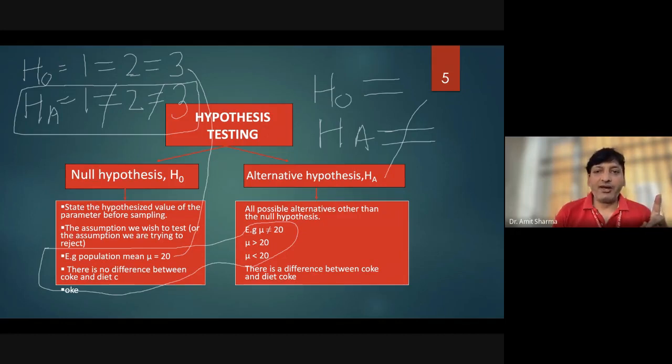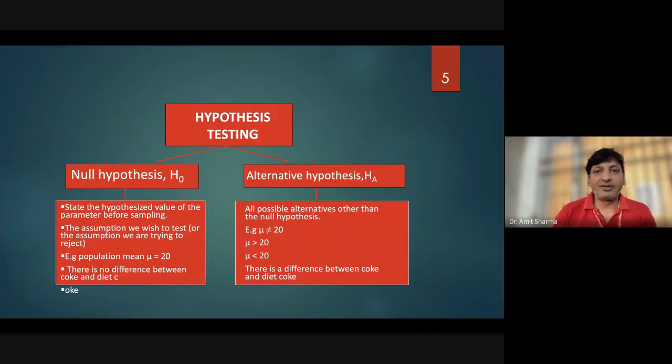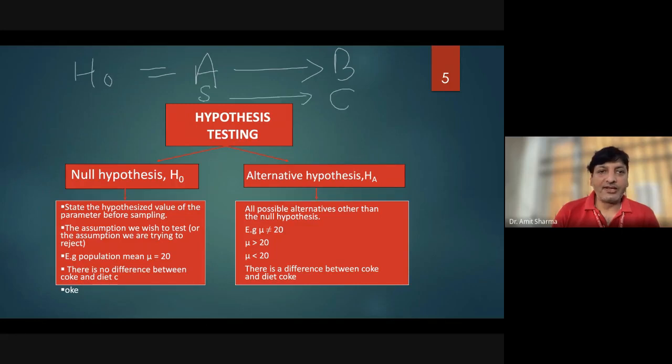And if you want to write both hypotheses, either your null or your alternative, for A causing B, what you can write is that A is causing B. In the null hypothesis, you are saying that A is causing B, or smoking is causing cancer. Whereas the alternative hypothesis says that A is not the reason.